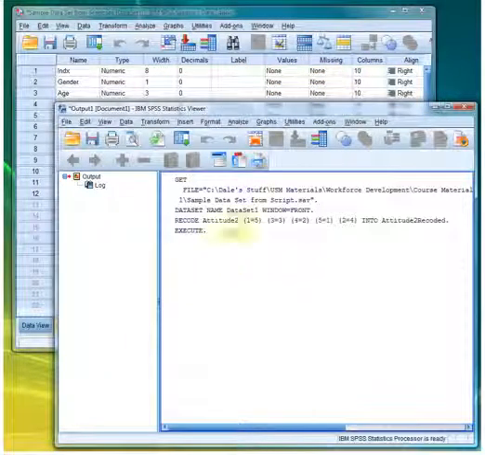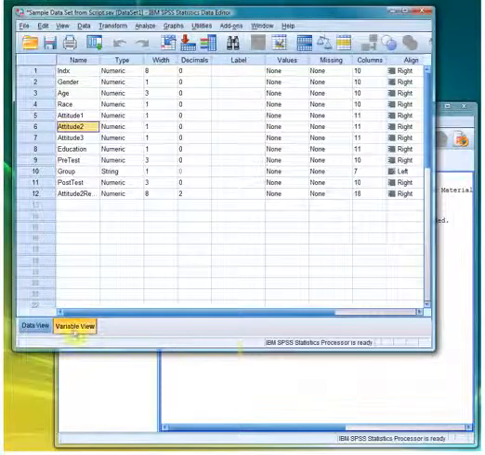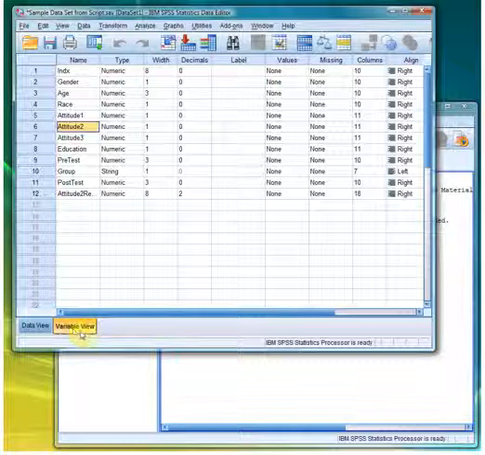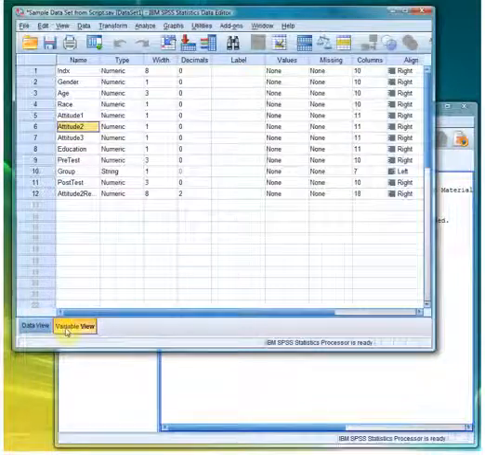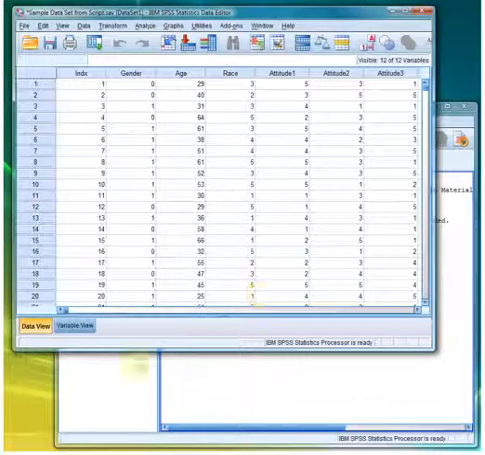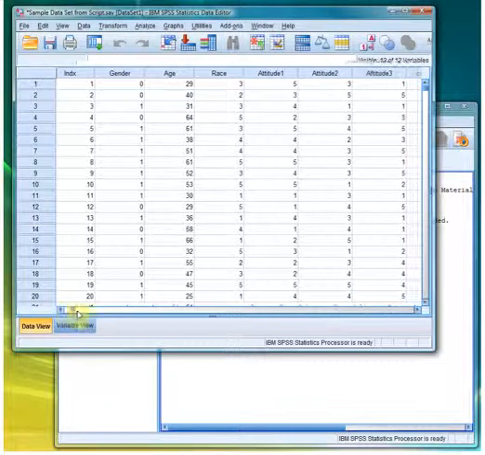And SPSS is going through the process. It generated the new variable, or it should soon. This is a fairly large data set, so it might take a minute to actually go through and do everything. And we can slide over. We can see attitude